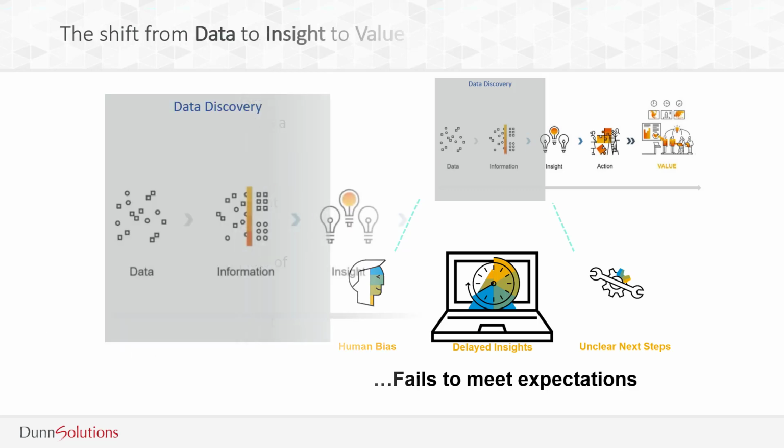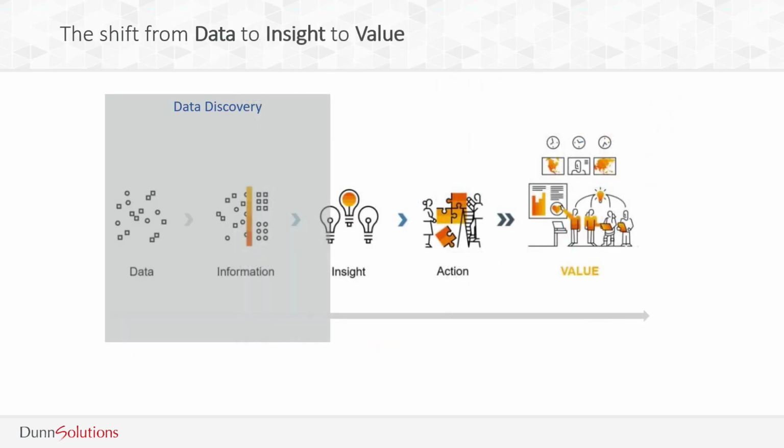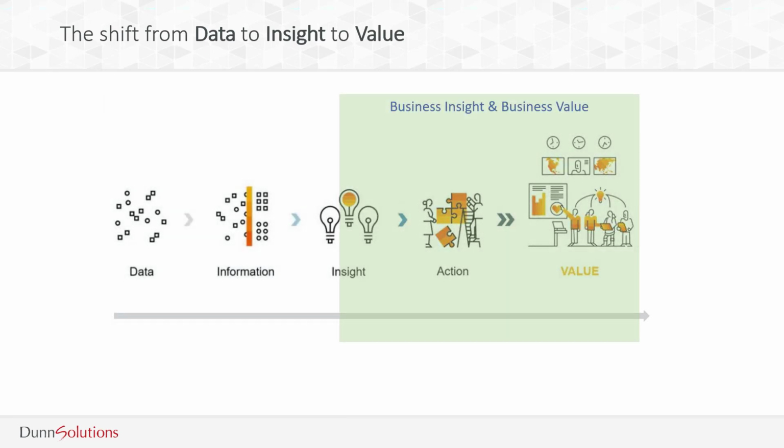Bottom line, we need to automate as much of the data discovery process as possible and let the hardware, software, and machine learning do the stuff that they do best. Get insight from data quickly and without bias. And then we have to get these tools in the hands of our analysts and citizen data scientists. We need to bring this value to the users.